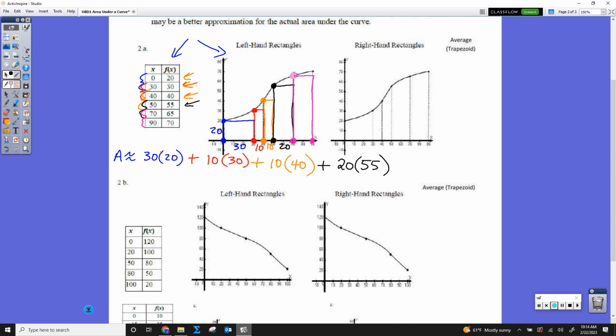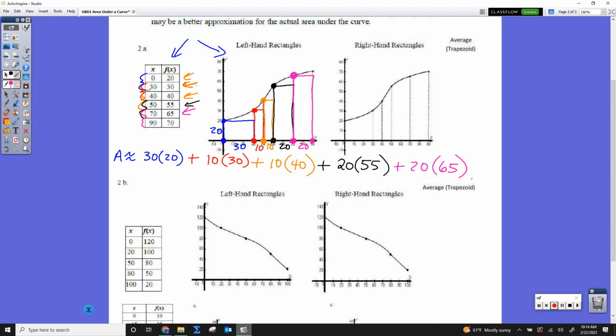right here. I guess I'll get the color right one time. Here you go. Last one. I'll put this one. There we go. All right, so this distance between 70 and 90 is 20. So plus 20 times our height, 65. There we go. So what we need to do from here is just take all those numbers and do the